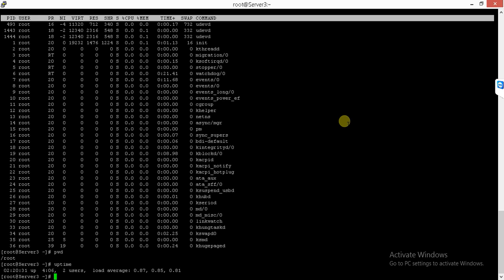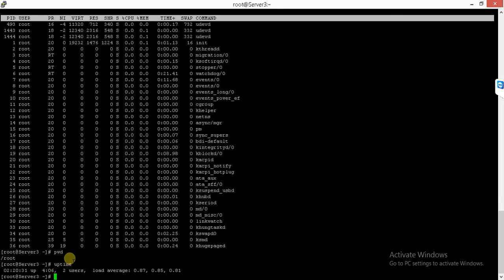After typing uptime, you will see what time the server came up. My server is up since 2:20:31. So yes, the user was right that the server was rebooted at 2:20, and the uptime for my system is 4 minutes and 6 seconds.